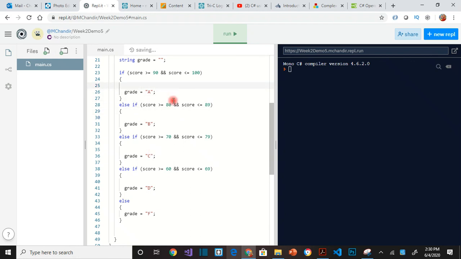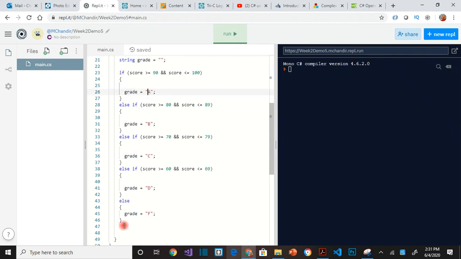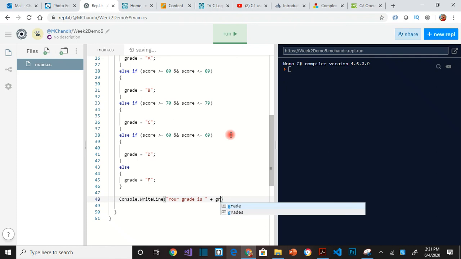We want to try avoiding hard coding values anytime possible. So here I'm just setting another variable called grade, that is a string, to a value. And here at the end, I can just say Console.WriteLine, your grade is, and then I can say grade. So this is going to display the grade. Now I can say if